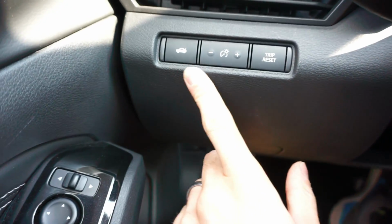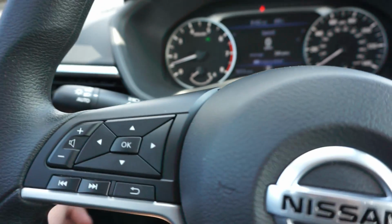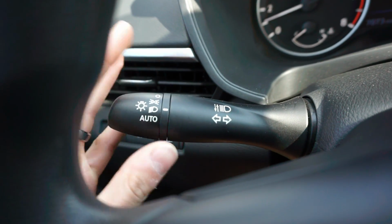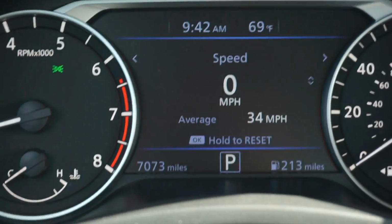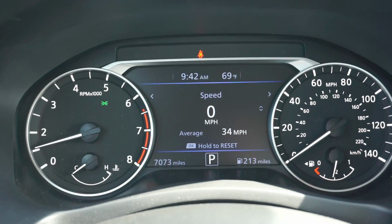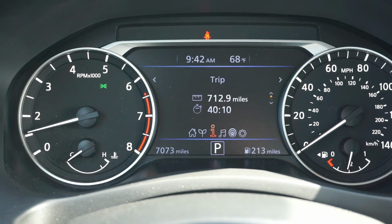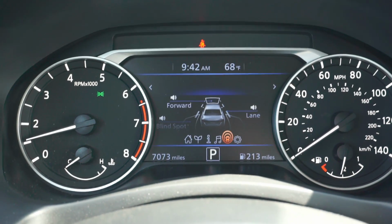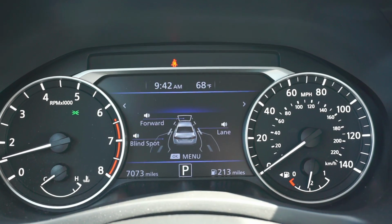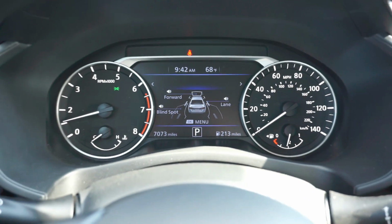We have a trunk release button, the brightness settings there for the gauge cluster. We do have automatic headlights on this, the SV model. And then what's actually really nice is it has this pretty large center screen, which again, there's our gas mileage. This one, like I said, has satellite radio. This one has forward collision warning, emergency braking, and it also has cross traffic alert when you're backing up, which